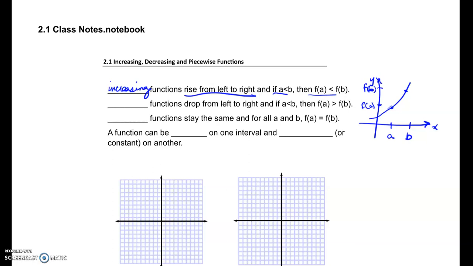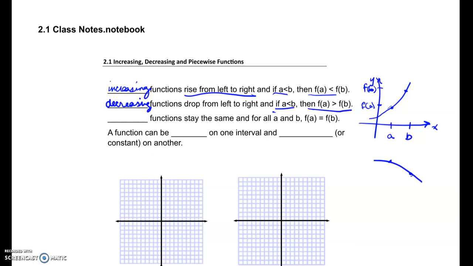Okay, next one is just the opposite. A decreasing function drops as you go from left to right. So its general shape is going to be like this. And again, if you pick a point a that's less than b, this time when you take f of a, do you see how it is higher than f of b? So it goes down left to right. And that second part of these definitions just gives you a way to check these algebraically